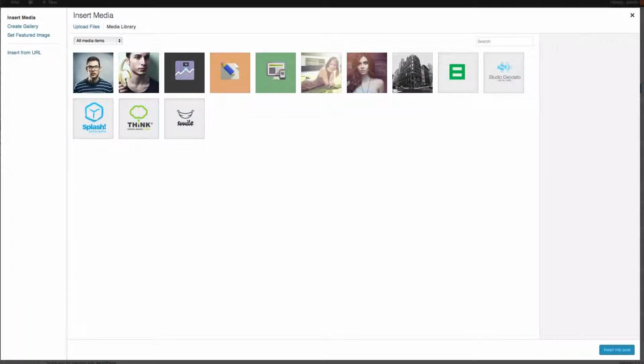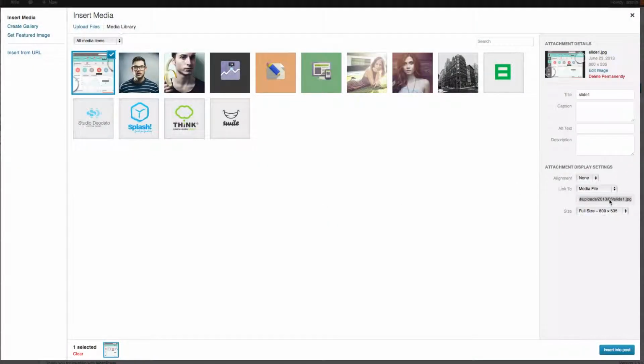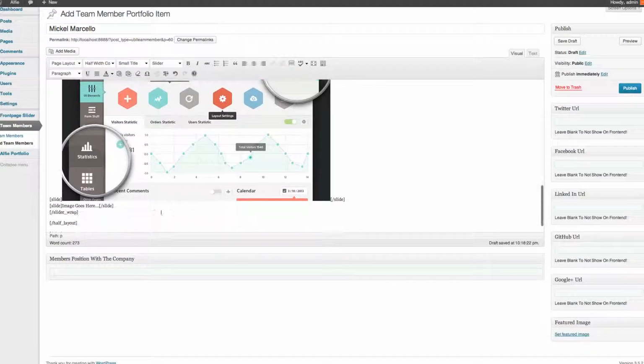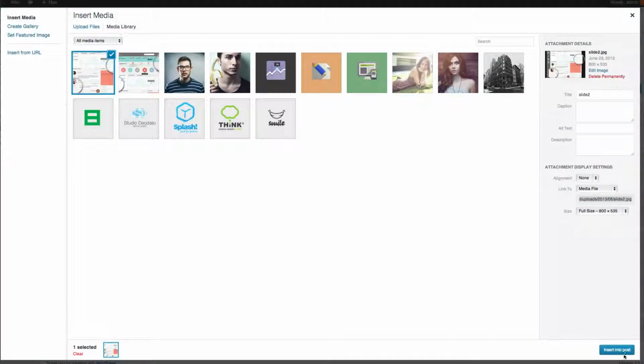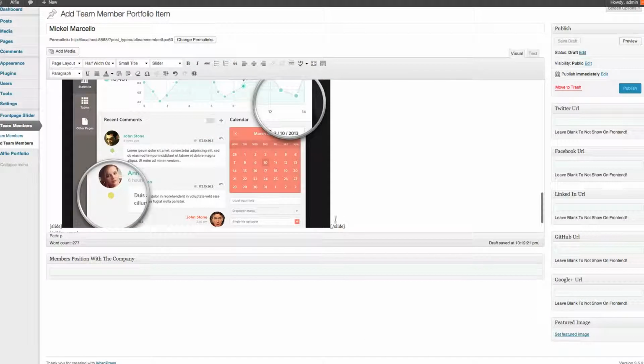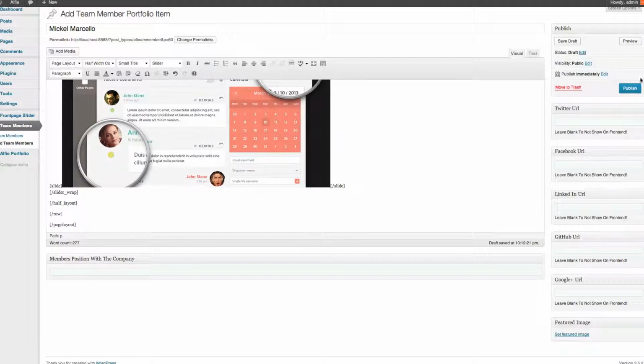Really is that simple. So image, insert. You can leave the link in, you can take it out, doesn't really matter. I prefer normally to take it out. I'm not a big fan of leaving links in. So insert it in, and then